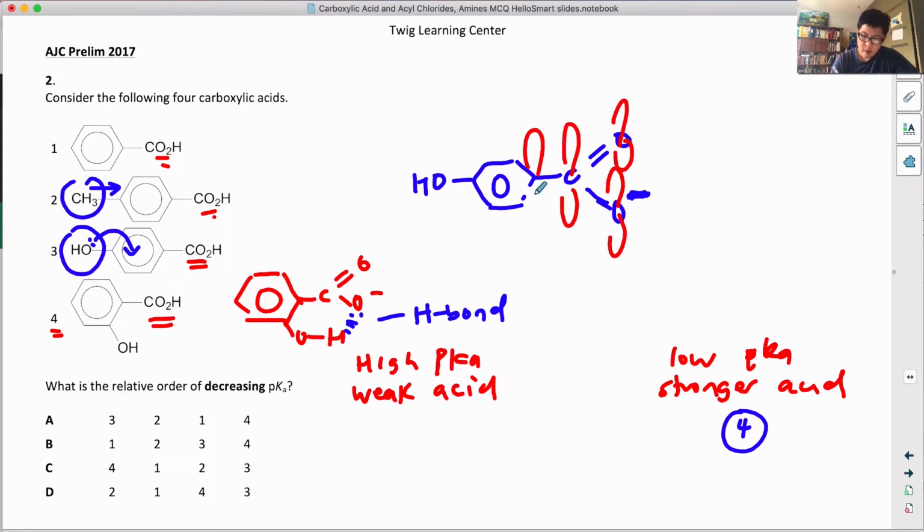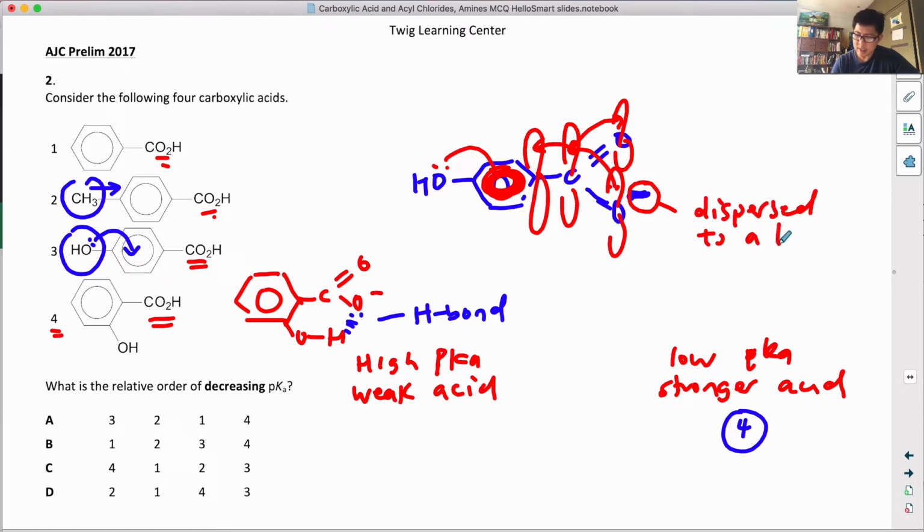Okay, the negative charge can delocalize to this carbon and actually into this oxygen. At the same time, it can delocalize into the benzene ring. So if OH is electron donating, it increases the electron density in the benzene ring. So less of the negative charge can delocalize into the benzene ring, because of the high electron density in the benzene ring. So less can delocalize. So this negative charge is dispersed